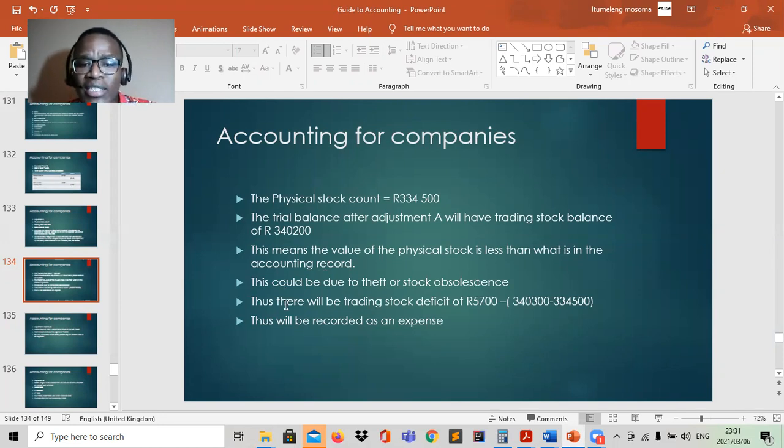So if your accounting records say your stock is this amount, whereas your physical stock count says this stock is 334,500, then there is what we call a trading stock deficit of 5,700, which I got from saying